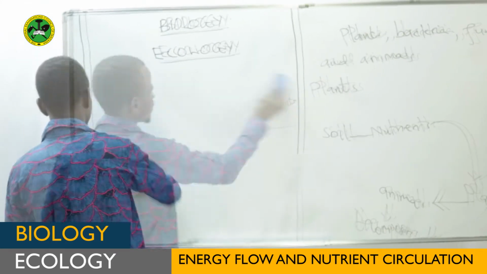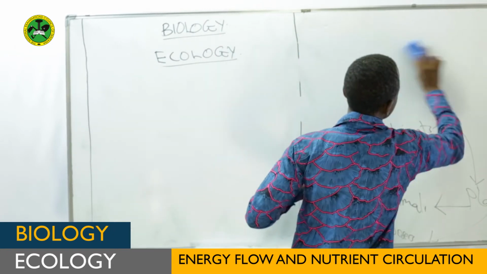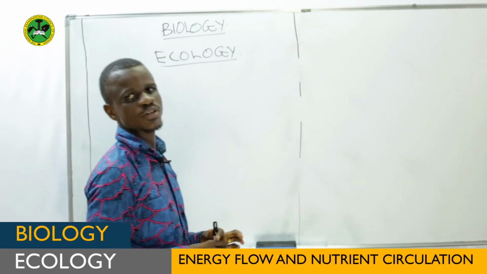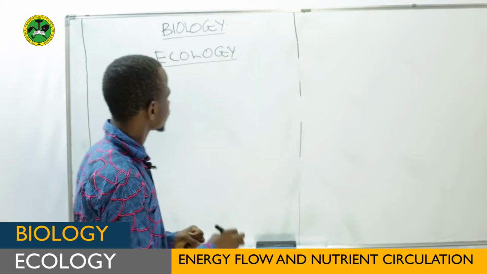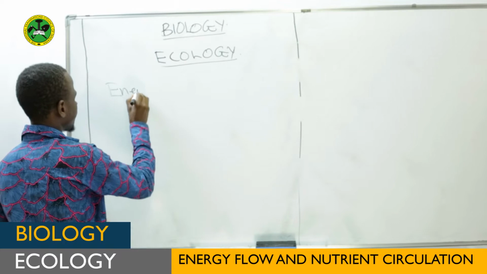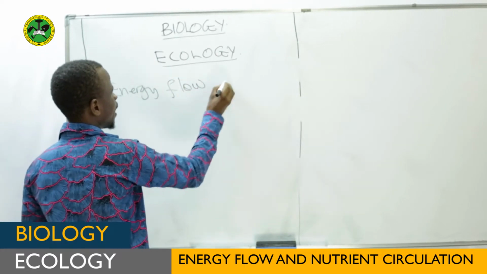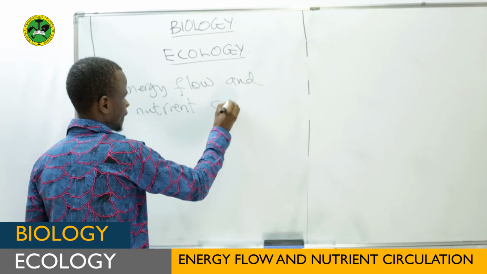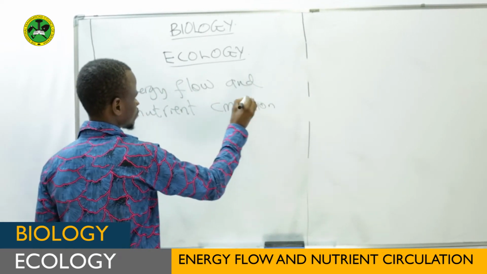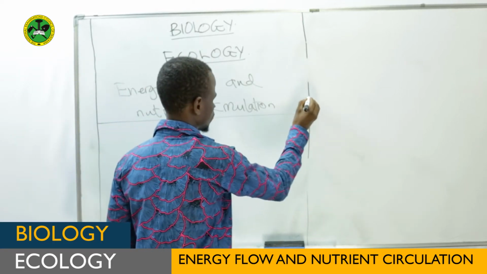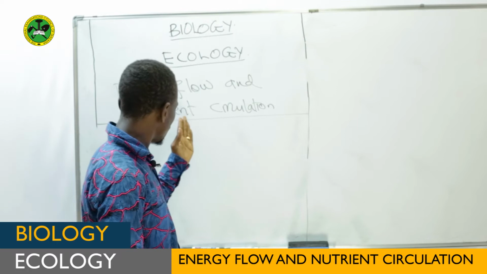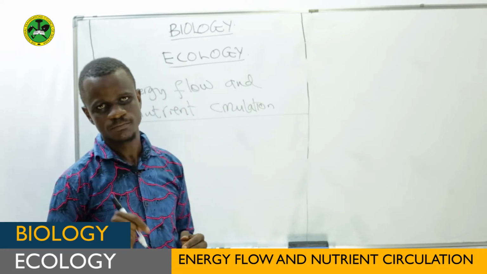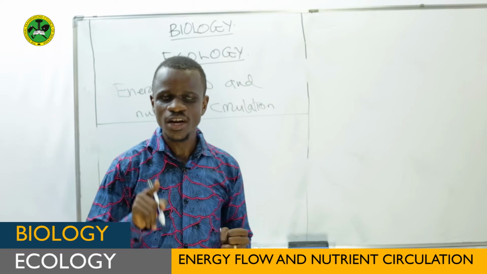After the interaction of biotic and abiotic components, let us now see the concept of energy flow and nutrient circulation. Let us concentrate on this. Energy flow and nutrient circulation. Okay, student. Now, energy flow and nutrient circulation. In an ecosystem, energy flows from one trophic level to another, while the nutrient circulates from one trophic level to